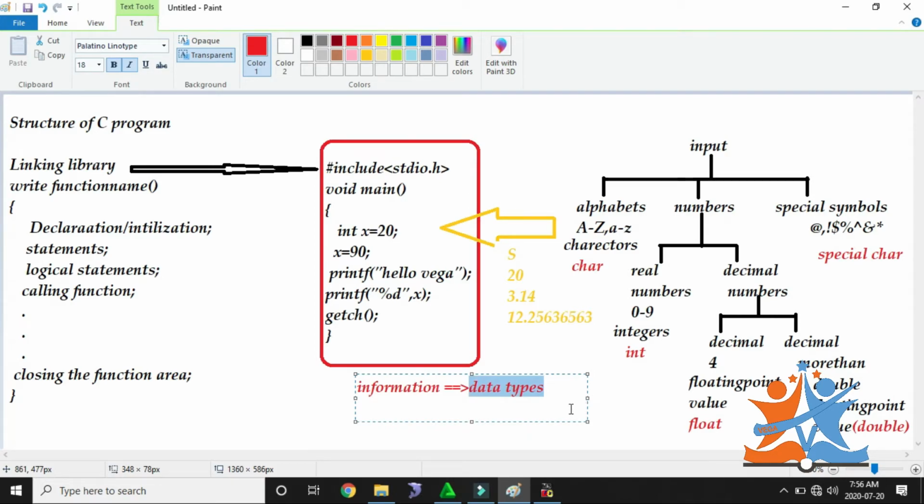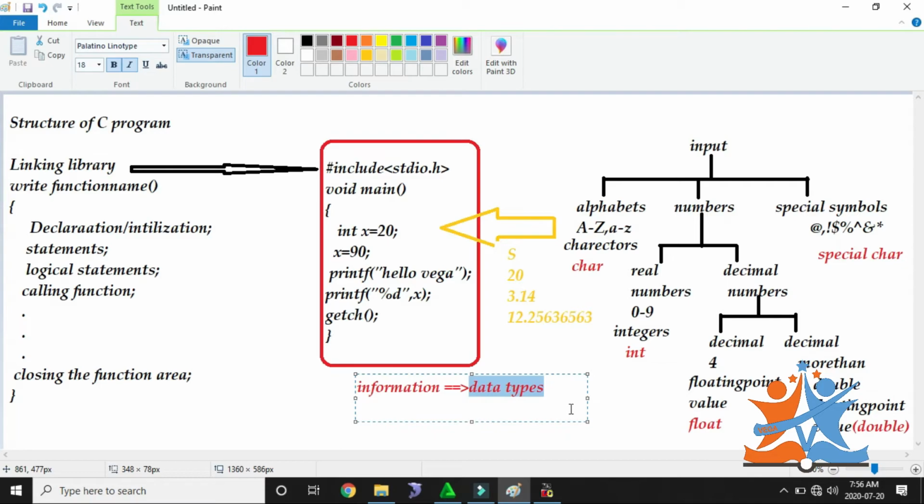Basically, whatever type of data you are providing to the program, we need to specify in the program. So we have the concept of data types. What are the data types we have?